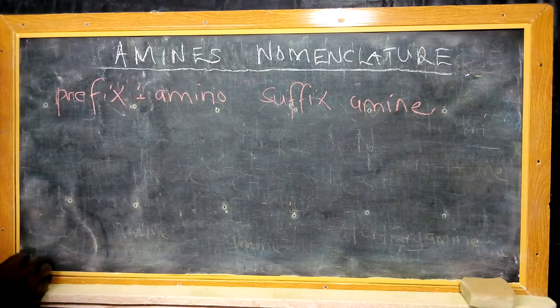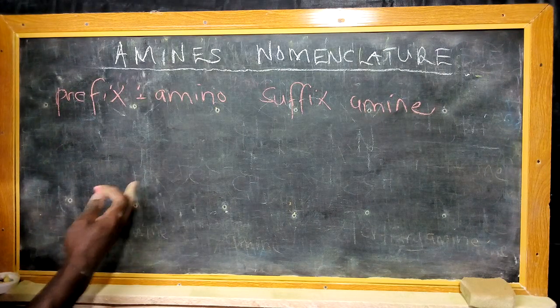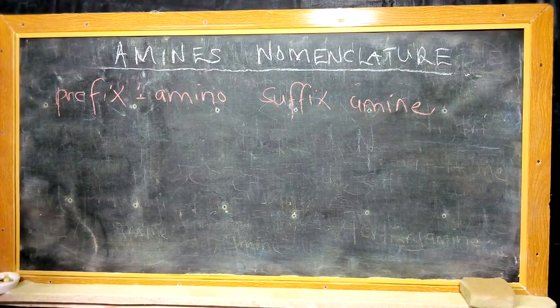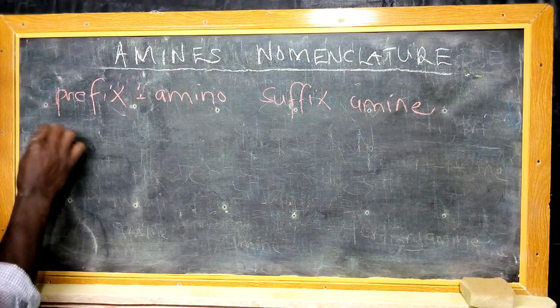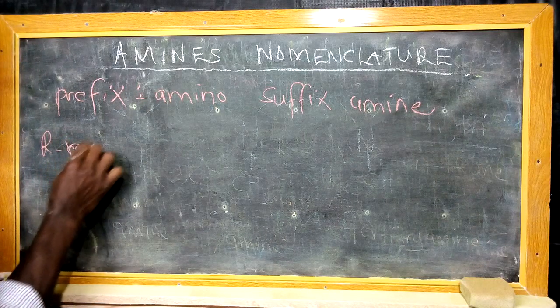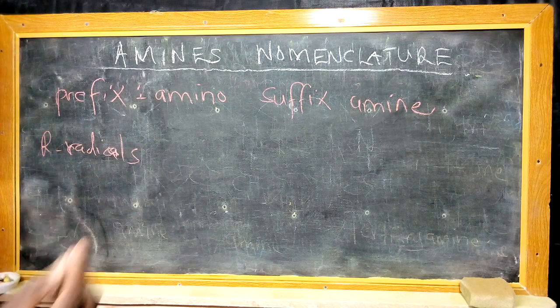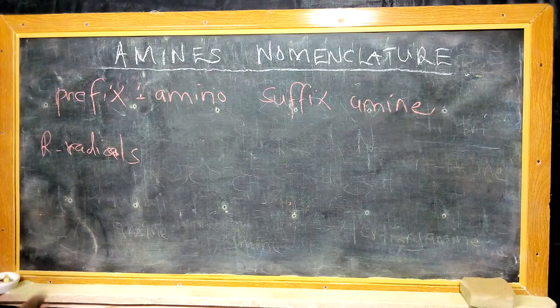And then the substitution on the nitrogen, the ones that we have indicated using the first, second, and third degree. Of course, there might be any other R groups, whereby R stands for radicals. There might be other radicals that are substituting instead of the methyl that we are using there. So for that case,